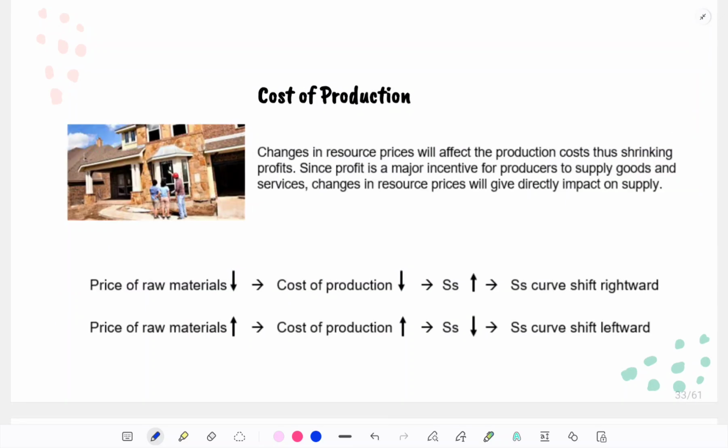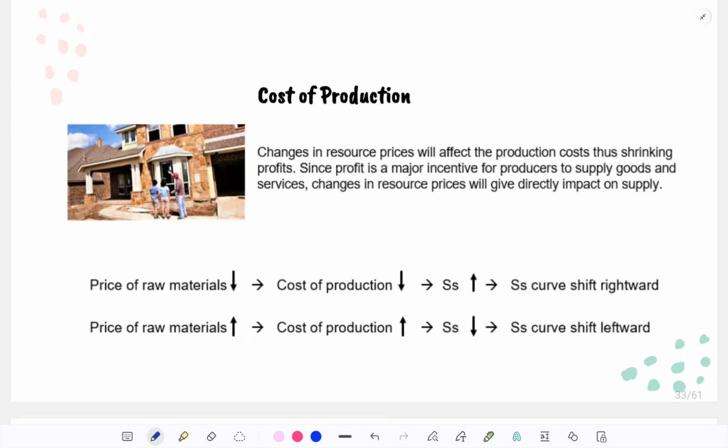This is a bigger one. Cost of production. Okay, if it becomes cheaper to produce something, sellers can supply more. For example, if the price of flour drops, a bakery can make more bread at lower costs. So, supply increases. But if the cost goes up, like higher wages, electricity bills, or even raw materials, sellers may